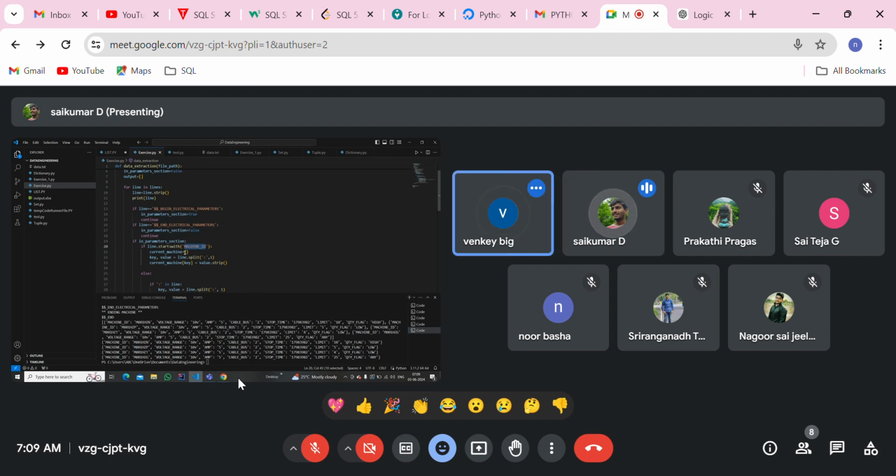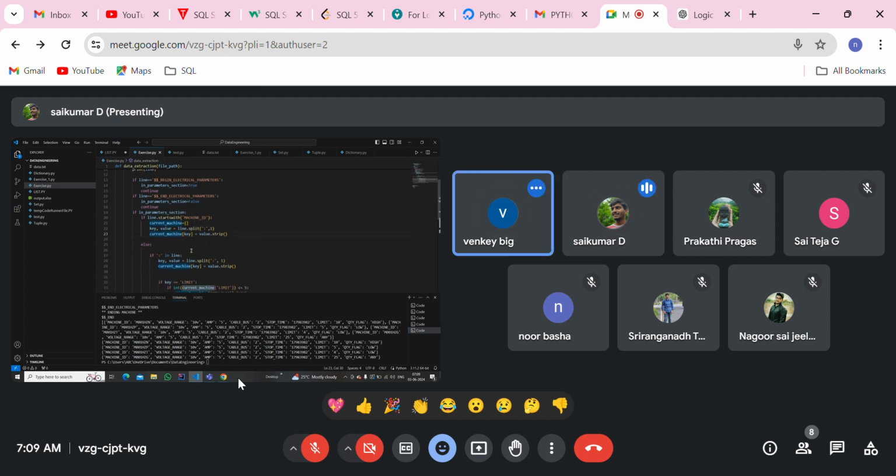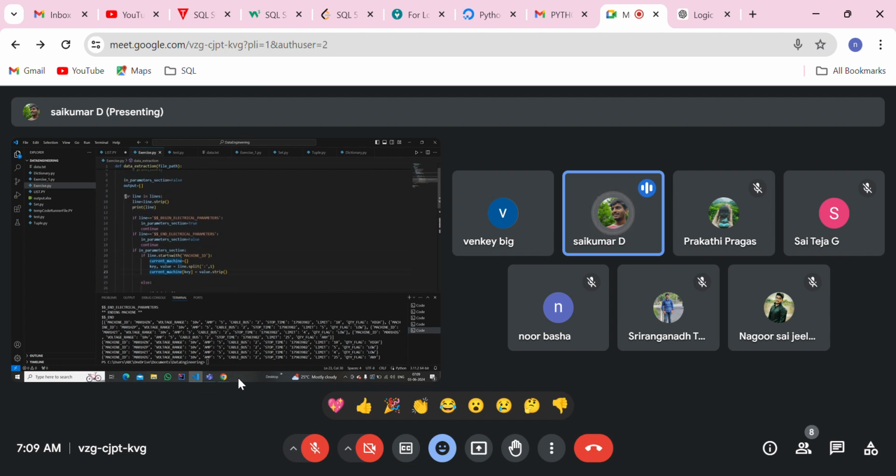If that's the case, then I'm assigning an empty dictionary and splitting it based on the colon, and just pushing that into the dictionary. Then again it will loop, and also I'm checking for this condition. The reason for checking this condition is that we have empty lines in the picture, so